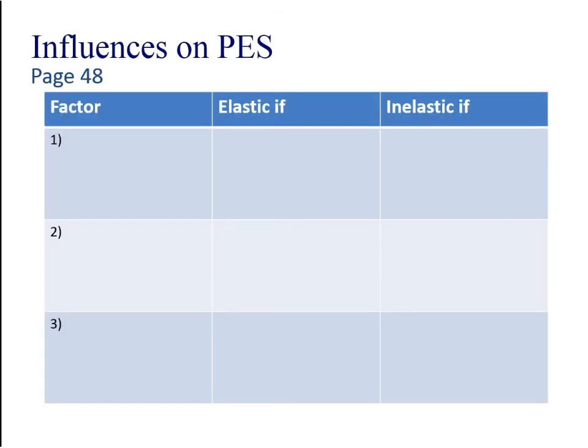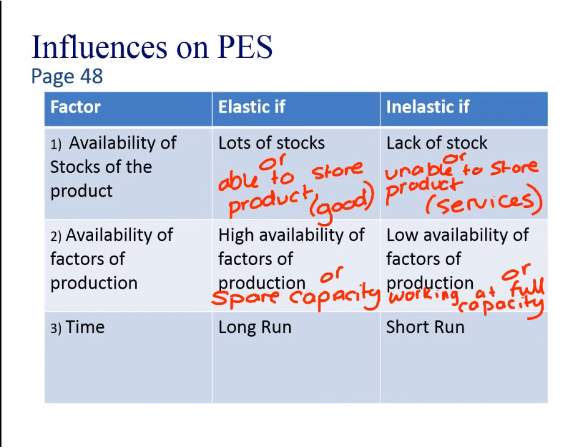Okay, so what influences whether something is elastic or inelastic? What influences whether the quantity supplied is elastic or inelastic? Well, here are the factors. So availability of stocks of the product. You're going to be able to supply more quickly if the price increases, if you've got stocks of the product, or if you're actually able to store the product, so it's not something that's perishable